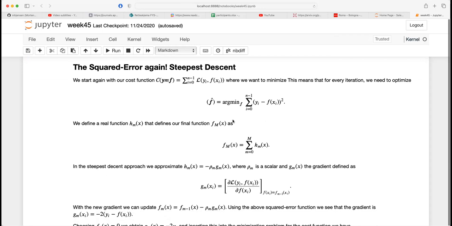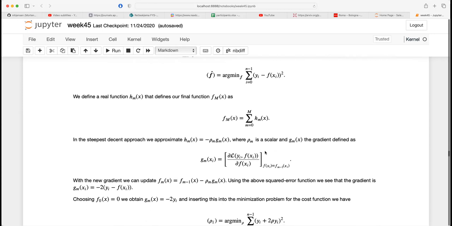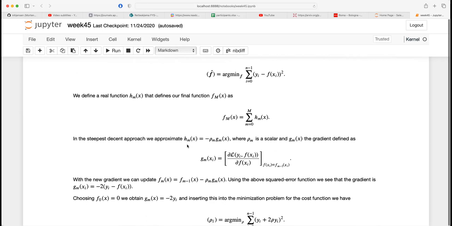And the same thing is being repeated now. What we're going to do is actually to define a new function, which is our weak learner, a real function, and that defines our final function. So the final function is simply a sum over all these different functions, h_n, as we did previously. Now, the thing now is that if we take a steepest descent approach,